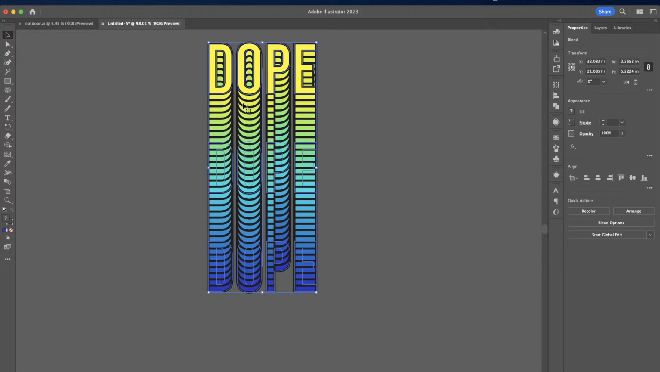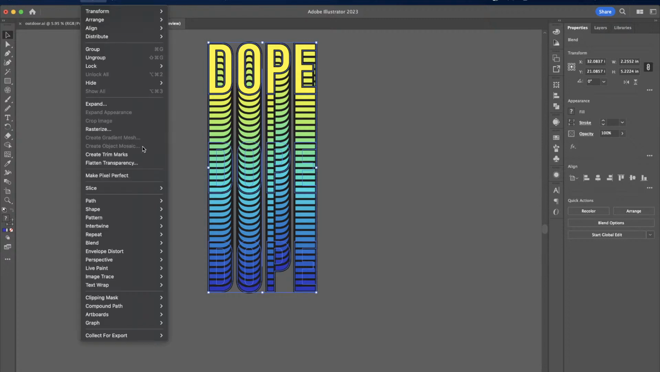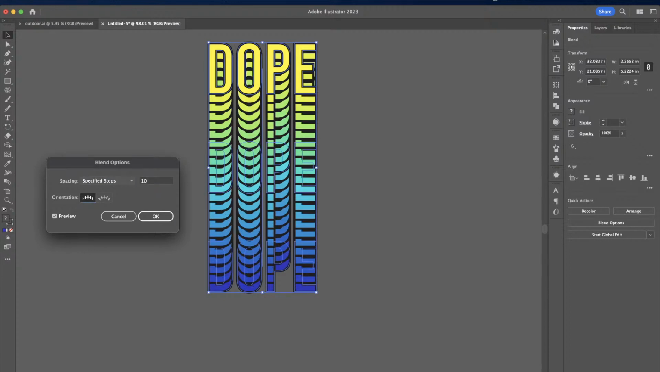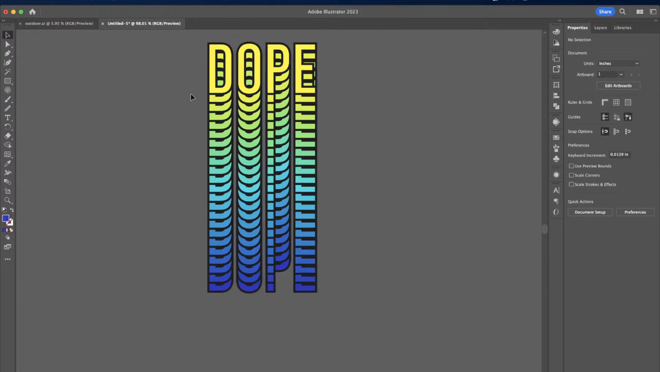So if I want it to be a little bit more spaced out, we simply go back up to Object, Blend Options, and we can change this number down to quickly adjust those steps so we can actually see more of the font repeating down that object. So that's looking pretty good there. So I'm going to hit OK. Not only do I have this transition of color here, which looks really cool, I have that repeating pattern that we're going to start working with